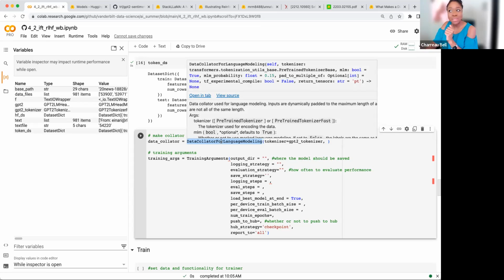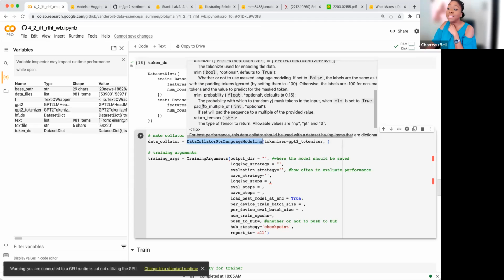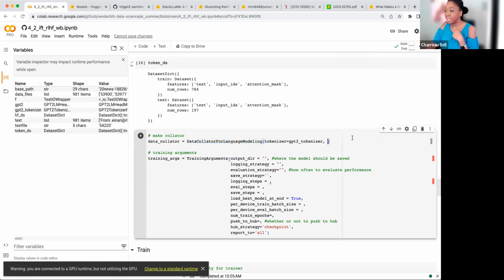There are multiple types of language modeling, like masked language modeling, which is a fill-in-the-blank task. So we need to specify that this is not the masked language modeling task. The way we can do that is to set the parameter MLM, which defaults to true. We will set that to be false, so it can understand that this is causal language modeling. So let's do that. MLM equals false.